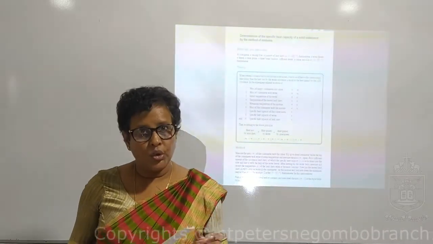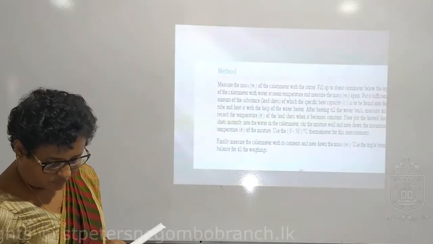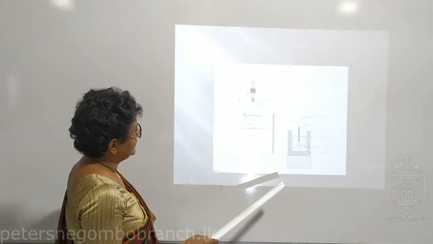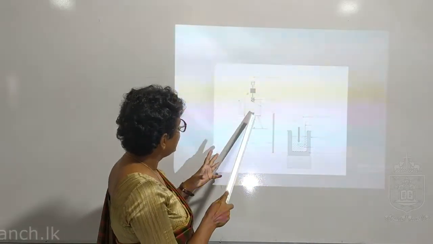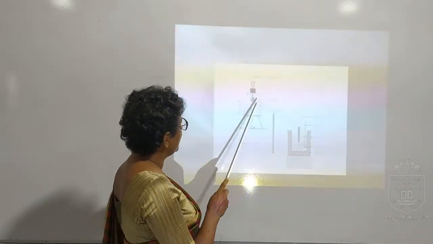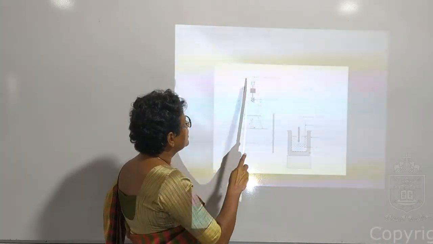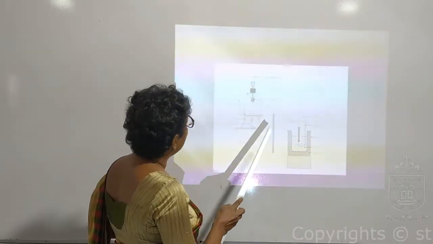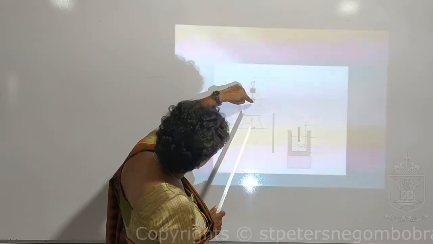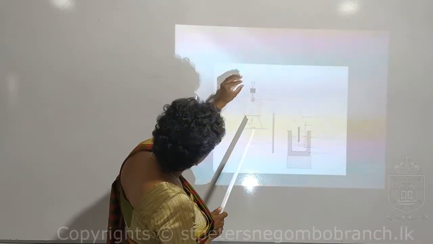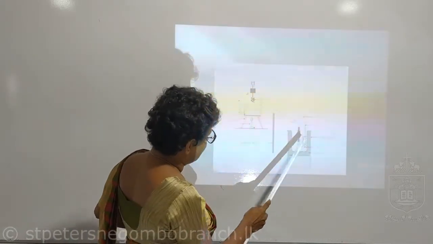Method. So you set up the apparatus like this, right? This is a Nicholson heater. You have to heat the lead shots by means of steam, not in the water bath. So you keep an instrument like this, right? You can move this upwards, then this block will open and the metal balls will directly come into the calorimeter. This is the calorimeter.